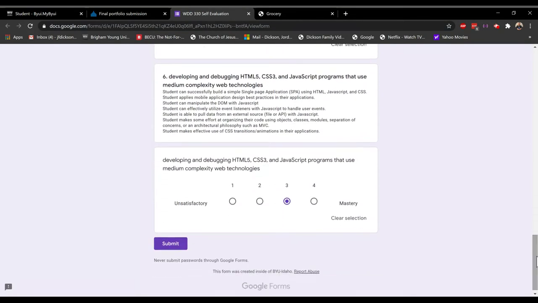And lastly, developing and debugging HTML5, CSS3, and JavaScript programs. I don't feel comfortable putting myself in the mastery range, but I do feel like with these technologies, I have a good enough understanding that if I have a creative idea that I want to make happen, I have the tools now to make most of those ideas happen. Once again, I gave myself a 3 just because I don't feel like I'm in the mastery level, but also